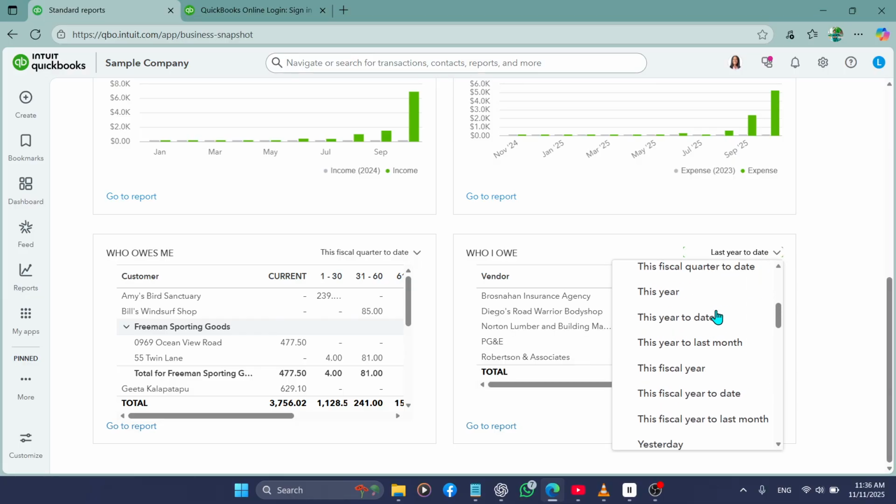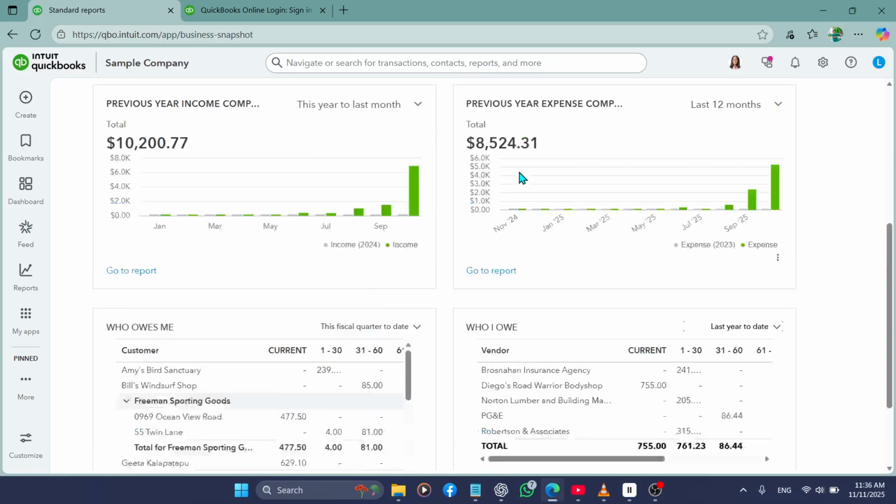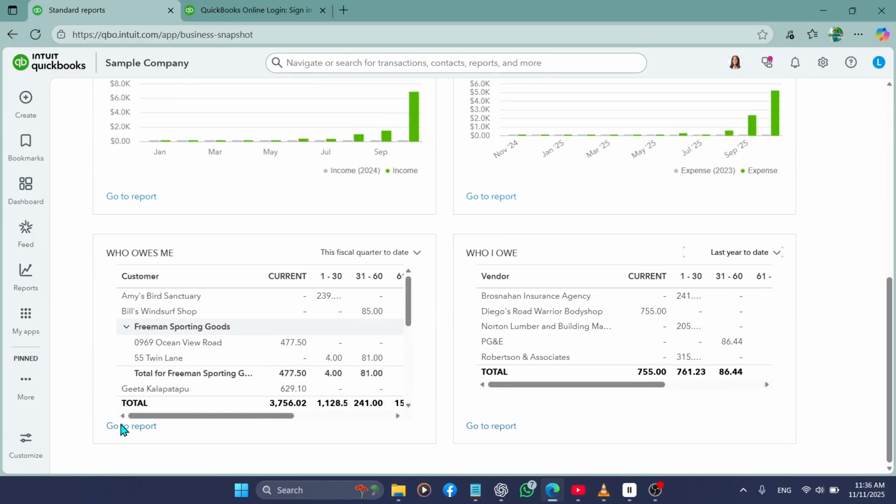And there you have it. You've successfully created a comparative balance sheet in QuickBooks Online. With this tool, you'll gain valuable insights into your business's financial health and make smarter decisions backed by clear, data-driven